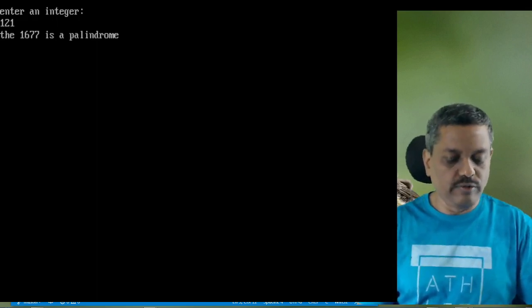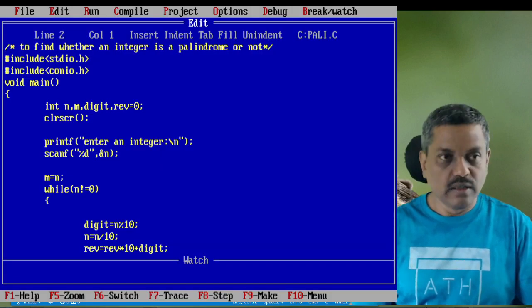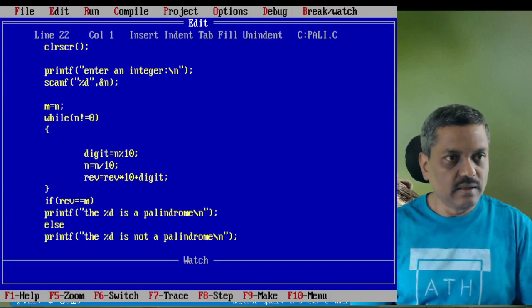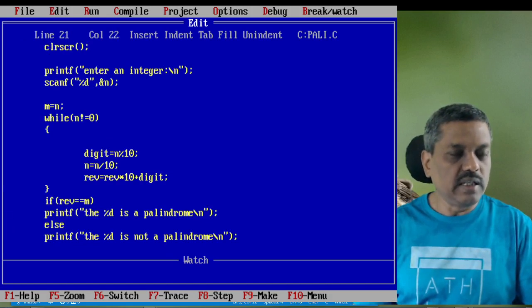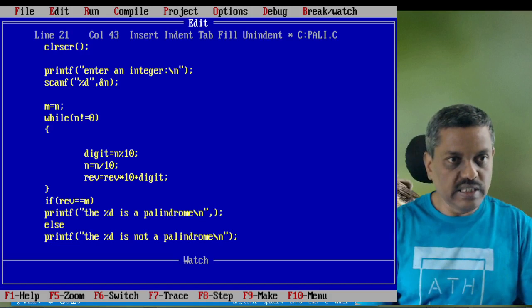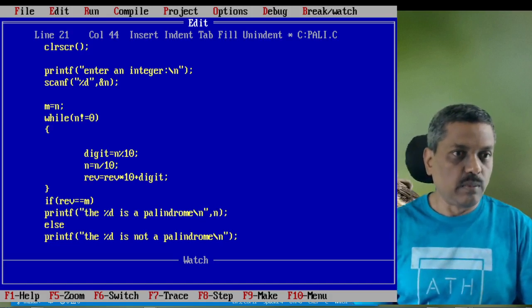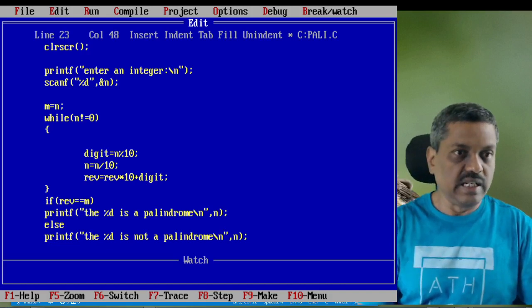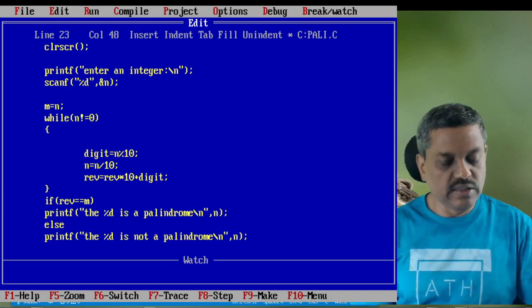So this is how we have to debug. Okay, what has been done here? The printf is trying to print the number, and it has no reference to any memory location. So what we need to do is add the memory location, that is the variable, by putting a comma after the double quotes. So here also we have to put it in. Now this will solve the problem.